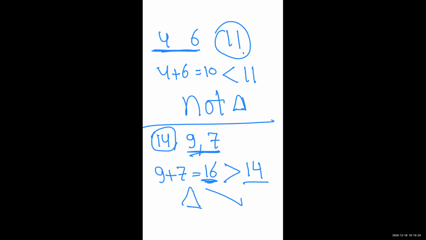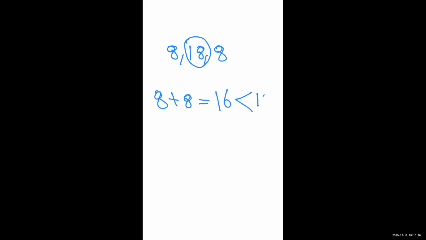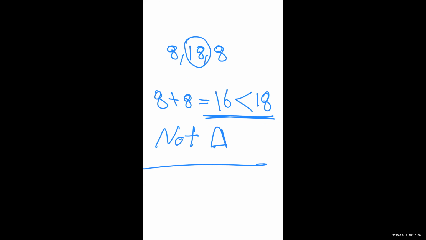Okay, one more example. If it's 8 and 18 and 8. Now, guys, the greatest is 18. Check the other two. 8 plus 8 equals 16. Actually, it's less than 18. So, not possible to draw a triangle with these sides. Not a triangle. Okay? That's great. So the next type of questions,